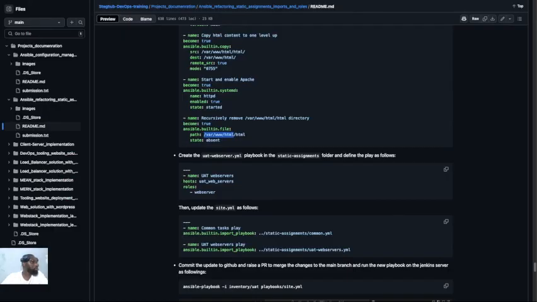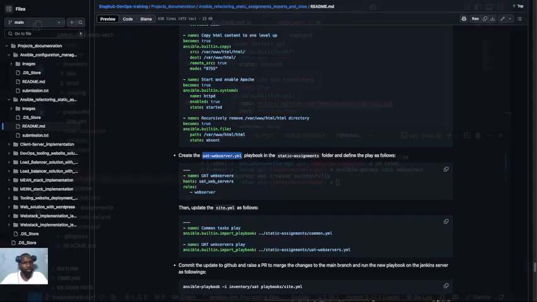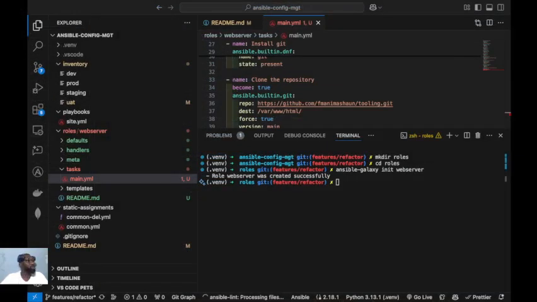We are supposed to create a play for the web server where we'll now be importing the role into the play. The whole idea is to ensure that we separate each play. We grouped it into a role, right? Instead of typing it directly into the